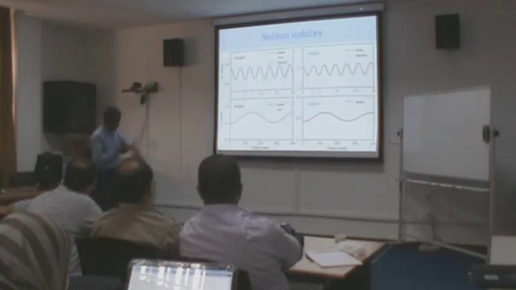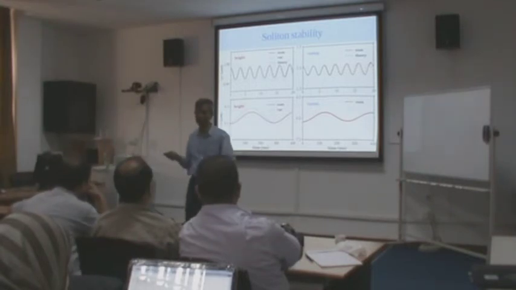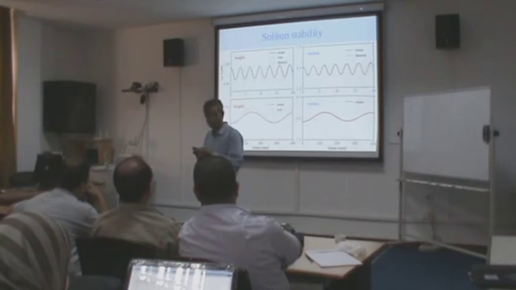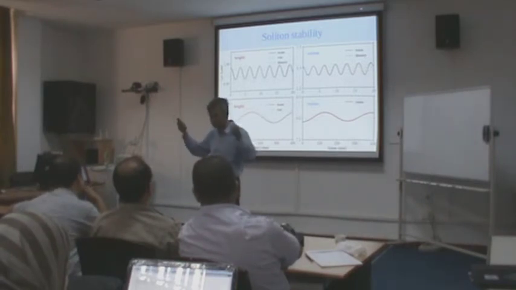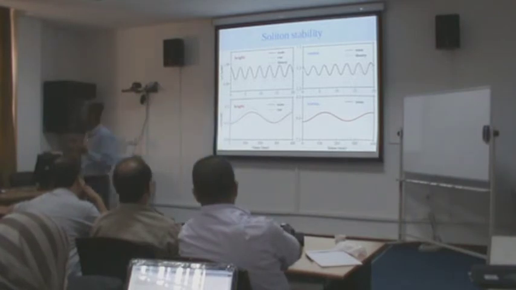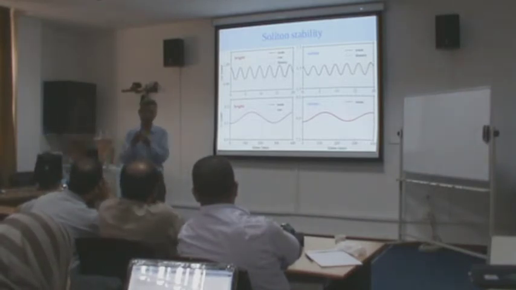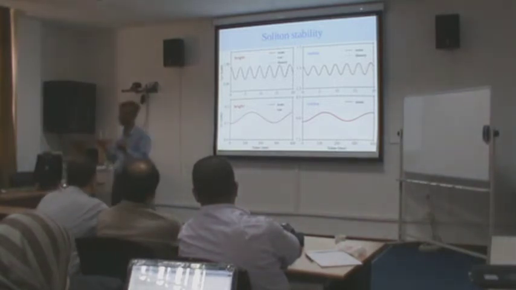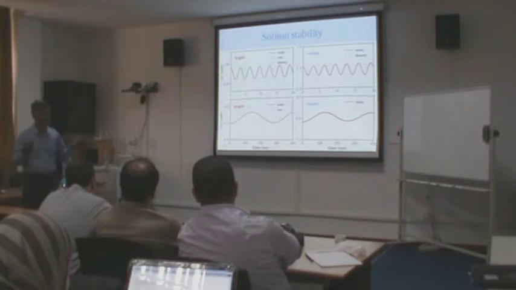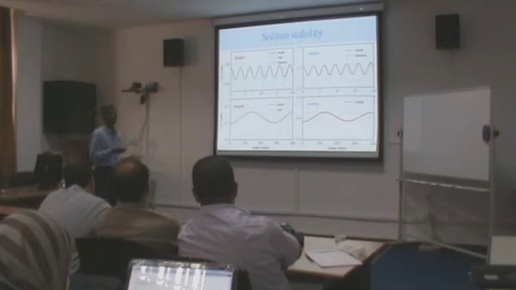So to study the soliton stability, as you pointed out, you give some perturbation and see if it is destroyed. You give some small perturbation and see whether it is destroyed or comes back to the original position. A one-dimensional integrable soliton with correct conservation laws will always come back unless the force is too strong. It will always come back to the original stable configuration. And this also comes back unless the force is too strong.